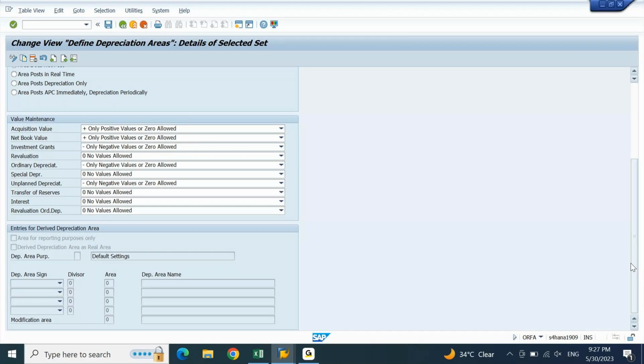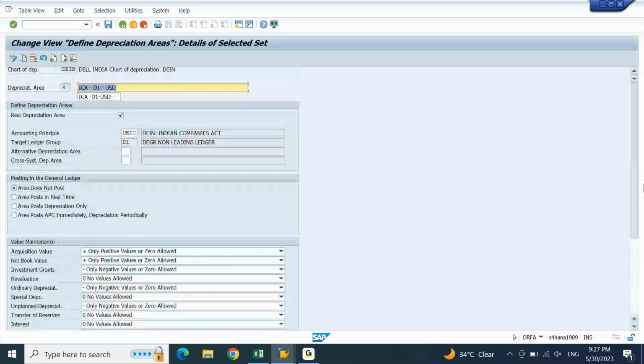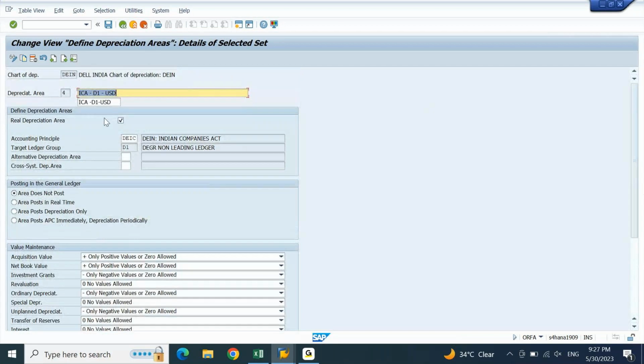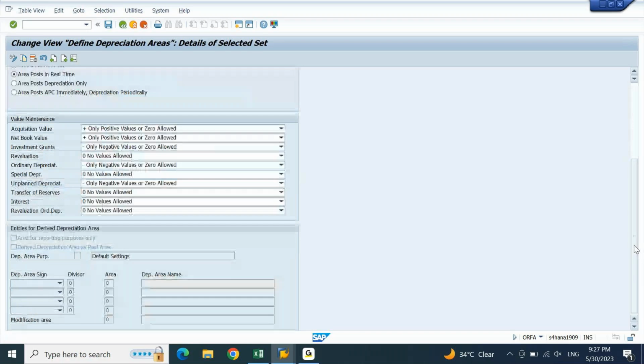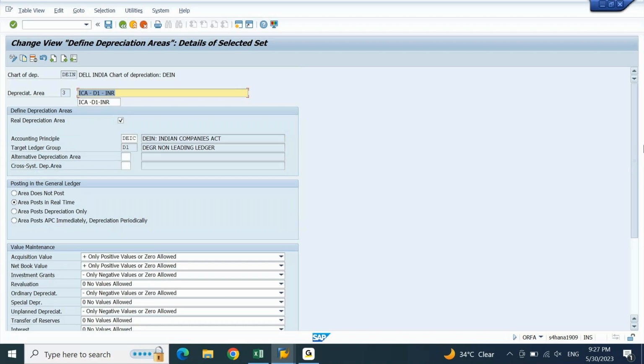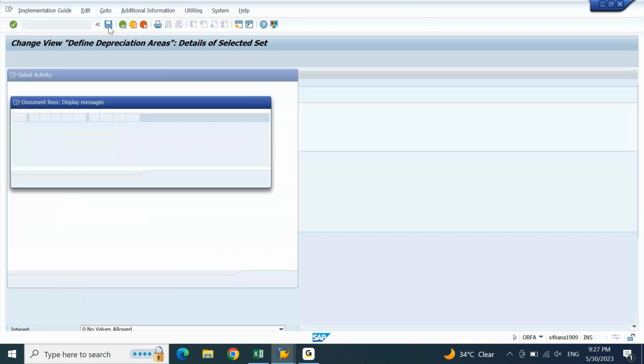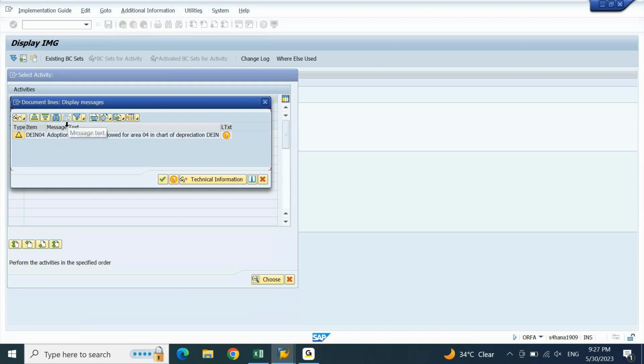Anywhere is it calling or representing area number 1 in this? If you go to 3, anywhere are you able to see ledger assignments and all? No, right? If you are not able to find anything as such, like area 4 is calling 1, you are good to go. Click on save, because this is just a warning message. Ignore this. Continue.